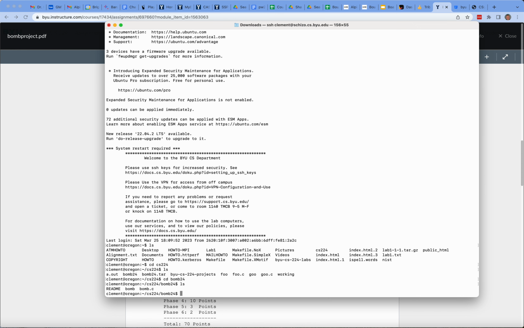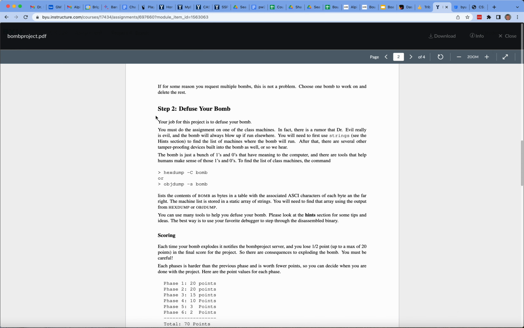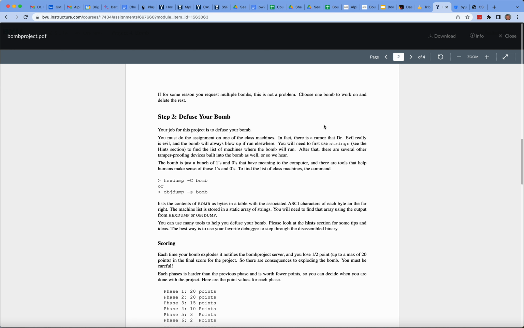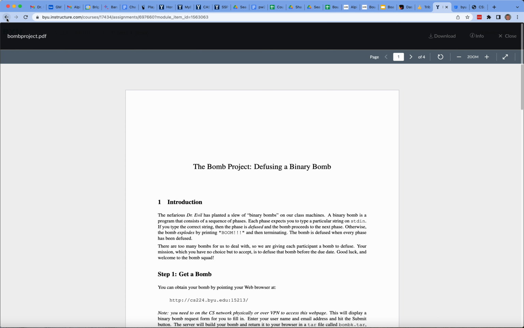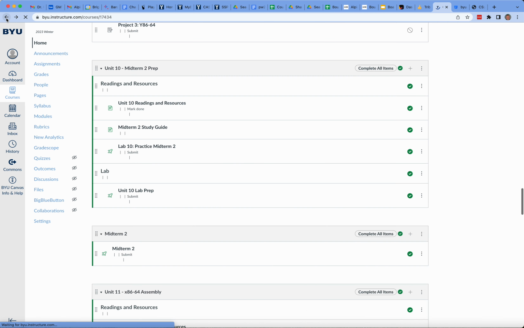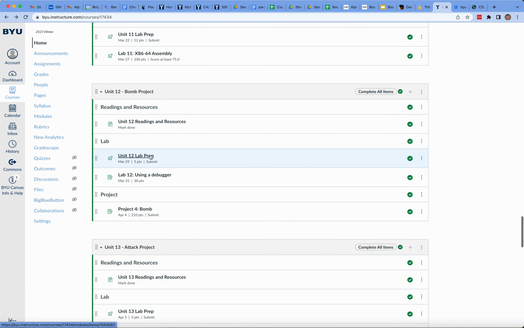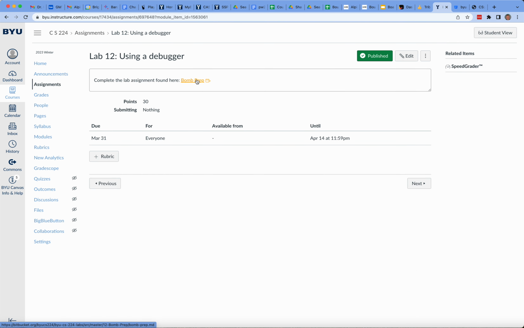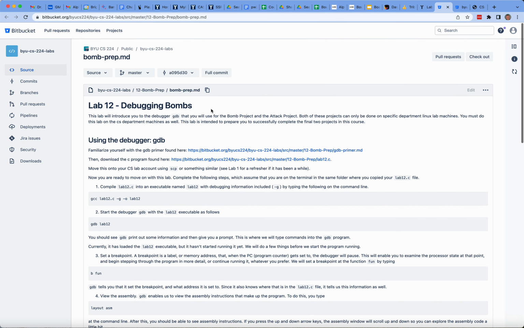Okay, so now the next thing that you're going to want to do is be able to use GDB to figure out what's going on in your program. And of course, there is a bunch of information on GDB back in this lab prep, and also in this using a debugger. And so what you want to do is go through those before you get going, and they're going to basically tell you